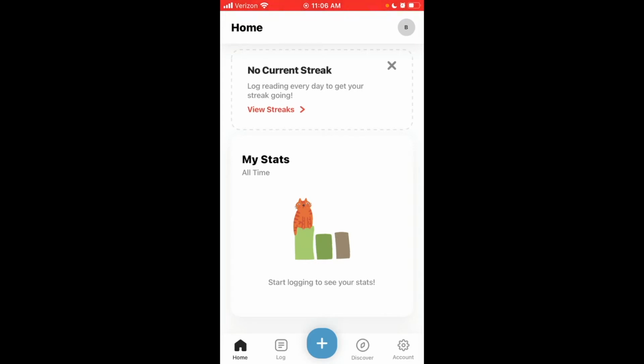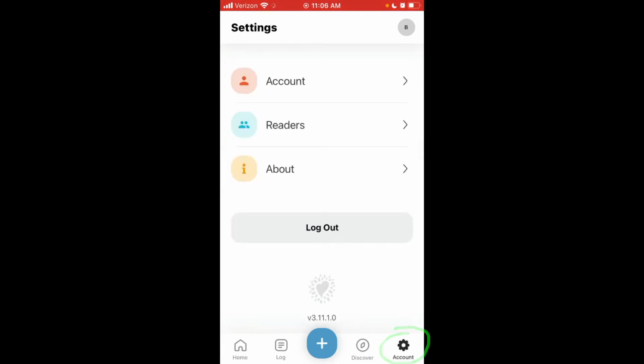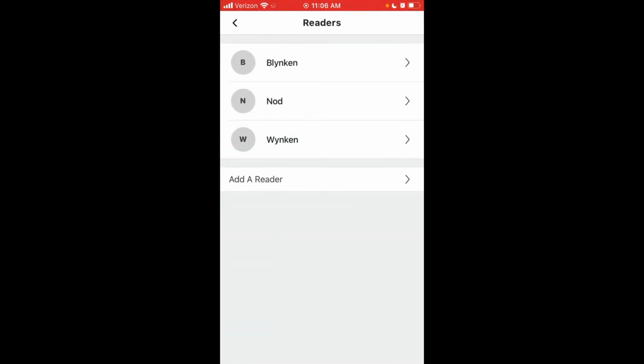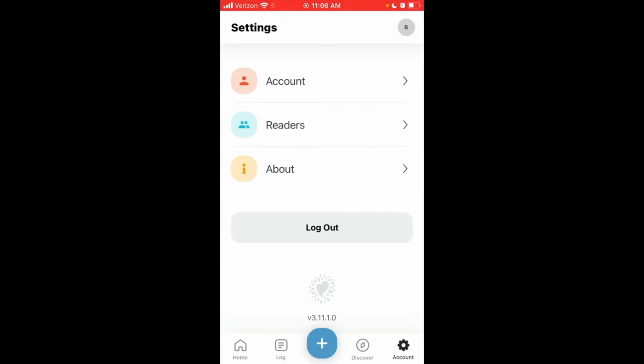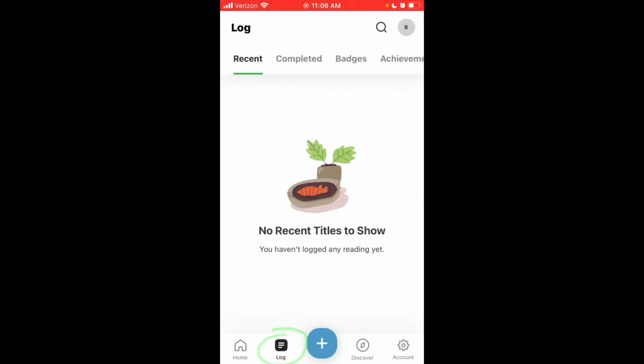All right, so we're really focusing on the children's summer reading program. We do also use Beanstack for our teen and our adult program. So first, this is the main home screen for the app once you're signed in. You can manage your account. You can see a list of your readers that you have. We've got Winkin', Blinkin', and Nod. You can review your log, and